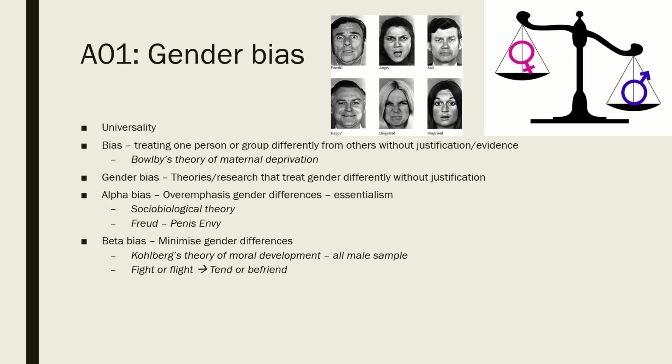And depending on the answer that was given by the children, Freud found generally they fell into stages. So generally children of a certain age would all give similar answers. Older children would all give similar answers as well. And Freud developed these stages of moral development. And he then, whilst he only used a male sample, developed this theory that was then applied to both